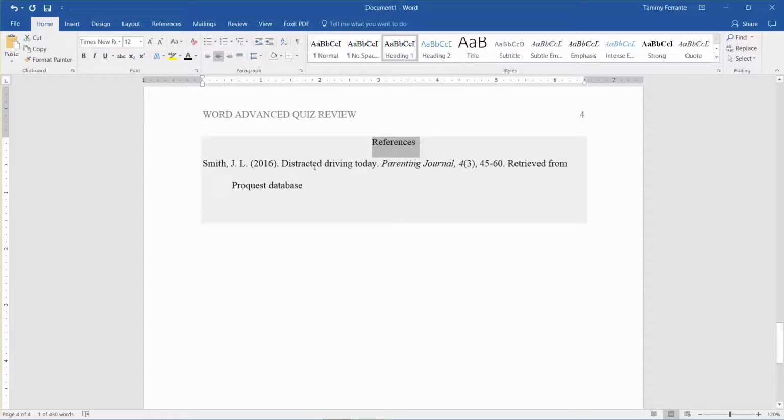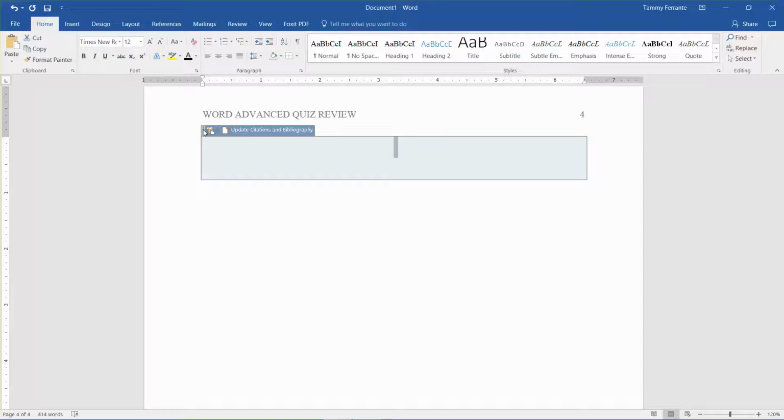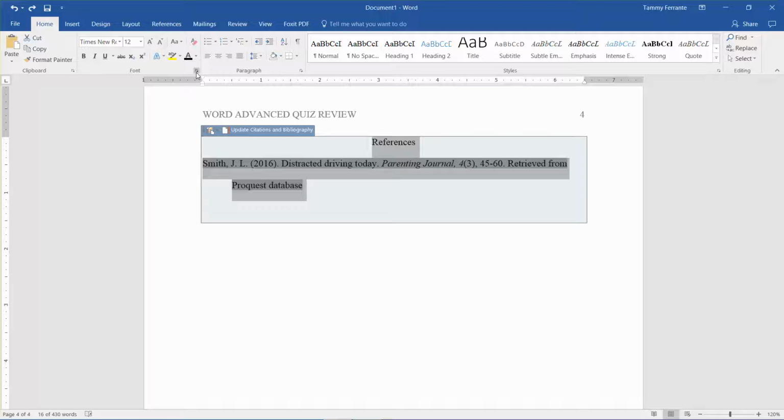Now, let's say we want to remove our bibliography or our references. If we click on here, right click, delete. So we can click on the bibliography in the document, then click on the 3 dots at the top left to select the entire bibliography, and then click on the delete key on the keyboard. Now, let's go ahead and undo that. And we'll go back up to here,